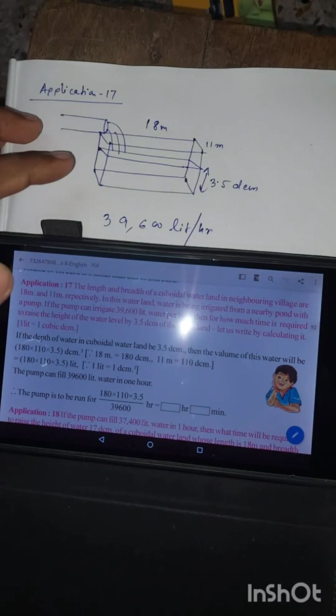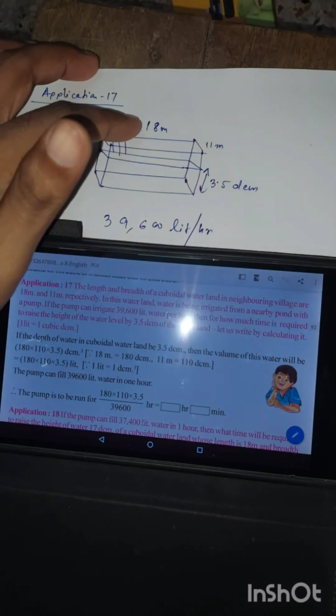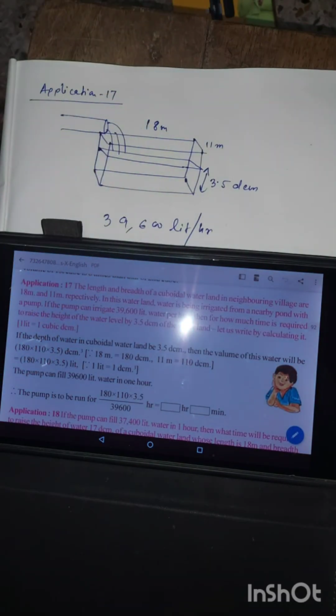So let us assume this is our cuboidal water land, length 18 meter, breadth 11 meter respectively. In this water land,